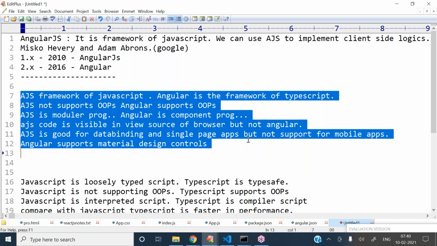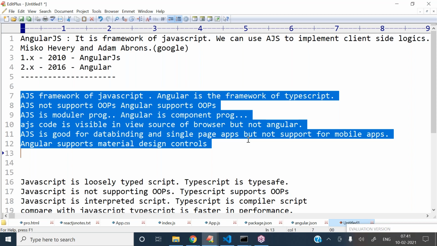I think now you got clarity on the difference between AngularJS and Angular. These are the main points. Version 1.x we call AngularJS. From version 2.x onwards it is Angular. In AngularJS, they used JavaScript to develop the packages, that's why we call it a framework of JavaScript. And in Angular, they used TypeScript to develop the packages, so we call it a framework of TypeScript.